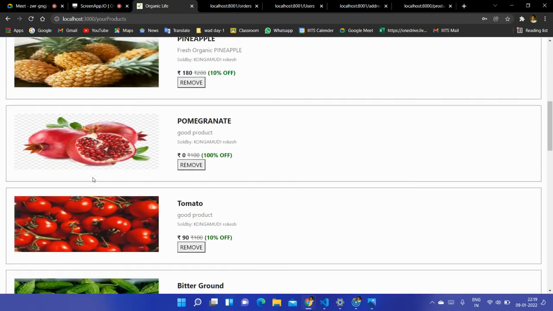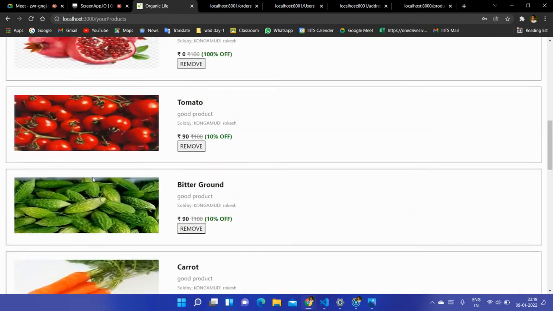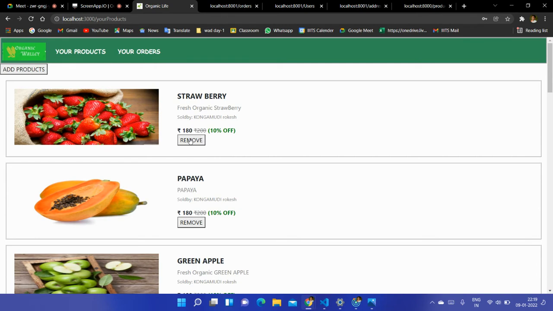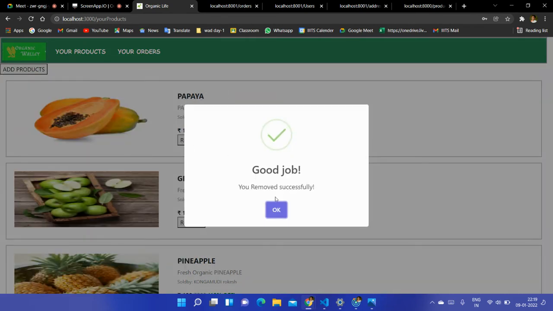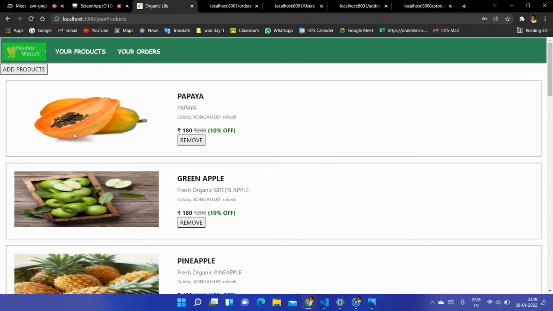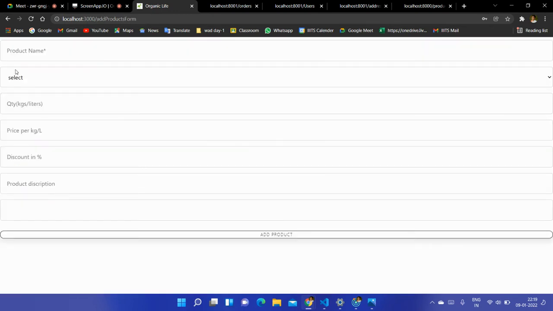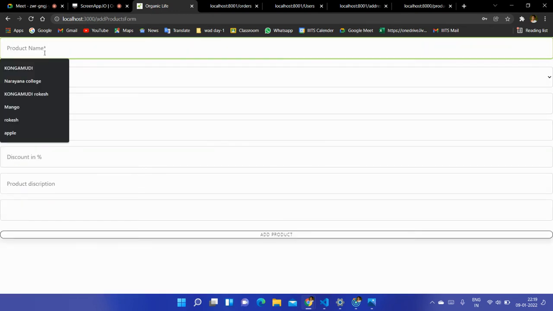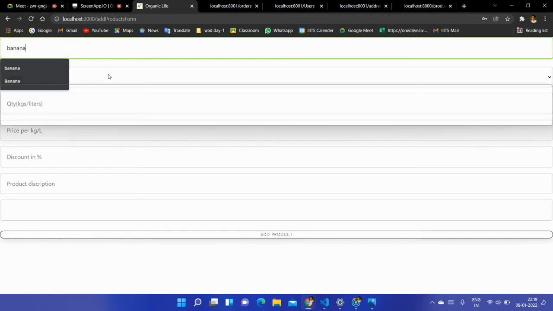Here we have displayed the products added by that user. If you want to remove a product, you can remove it by clicking the remove button. It will also reflect in the user interface. If you want to add a particular product, you can also add it.